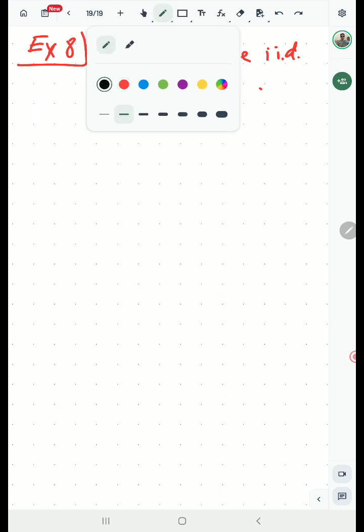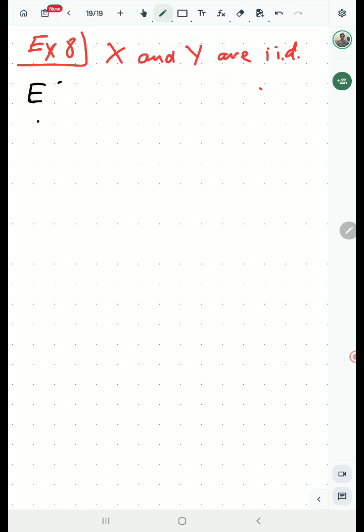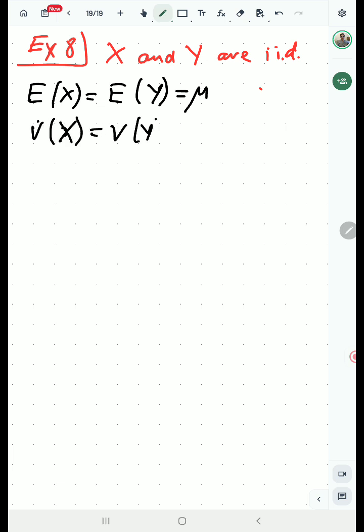Let me use black color. Expectation of x is equal to expectation of y, and that is equal to mu. Variance of x is equal to variance of y, and that is equal to sigma square. Right? Now we have to find the correlation coefficient